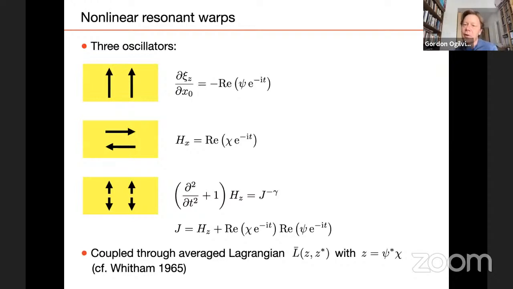It turns out to involve the coupling of these three oscillators. The vertical oscillator, in which the entire disk is just going up and down, corresponds to the inclination of the orbits. There's this horizontal shearing oscillator, which is the internal flow excited by the oscillatory geometry in the warped disk. And then there's this breathing motion, which is coupled nonlinearly in the case of warped disks. It turns out to be the nonlinear coupling between these three oscillators that's the key to understanding the nonlinearity, and indeed we believe it is related to the breaking process for warped disks.